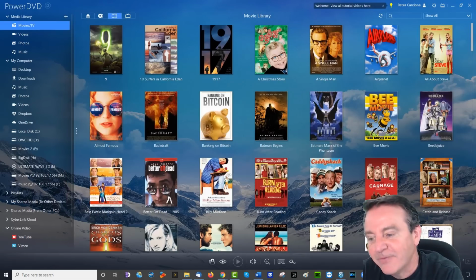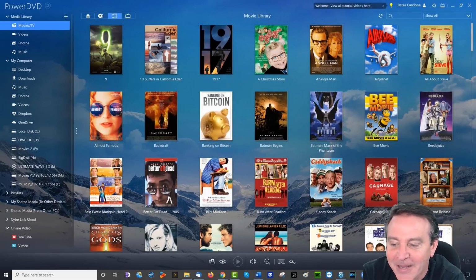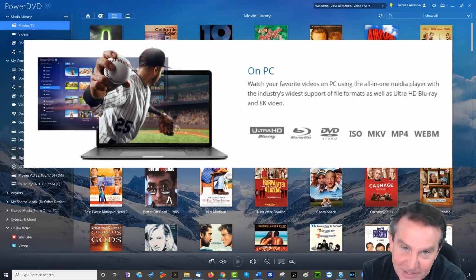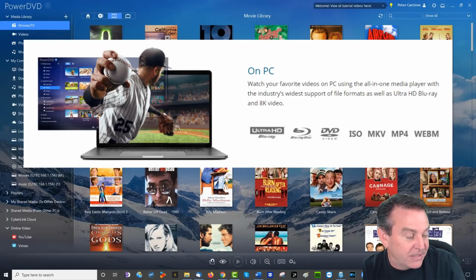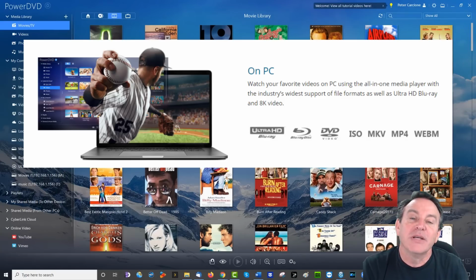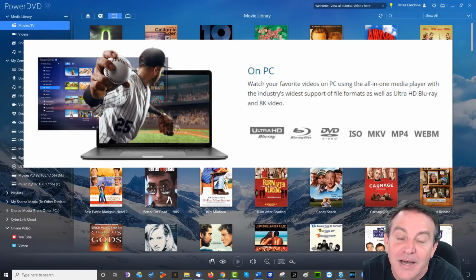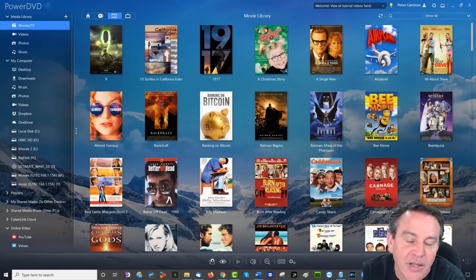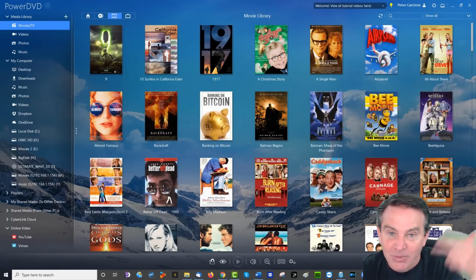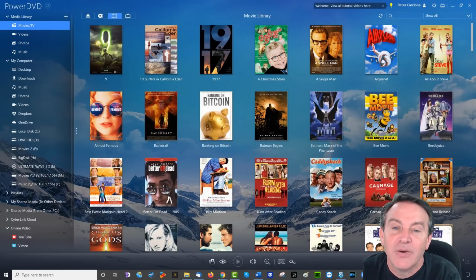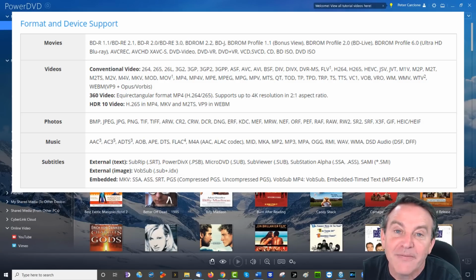But this one's different, and this is why I'm excited about it. This one supports Blu-ray discs. It'll read them. Blu-ray discs never worked on Windows before because Windows doesn't natively support Blu-ray. You need a codec, and you would have to go looking online to find one. That's a coder-decoder, by the way. This beautiful display is a series of codecs. In fact, it has more than any I've seen.